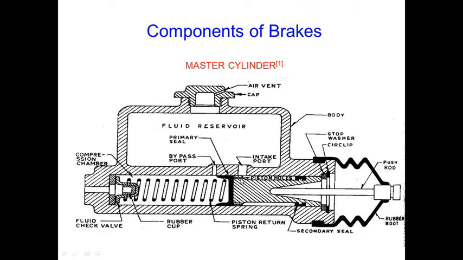There is one more purpose. While returning, when the fluid enters, this primary seal is deflected like this. Due to this deflection, the oil enters from this side and goes inside the piston, and returns back to the reservoir. Also it lubricates the various parts of the piston and holes. So this is another purpose of providing the holes inside the piston. So this was regarding the master cylinder.